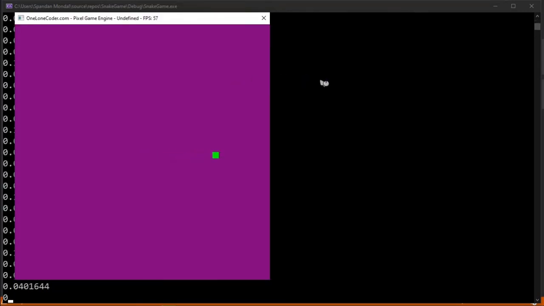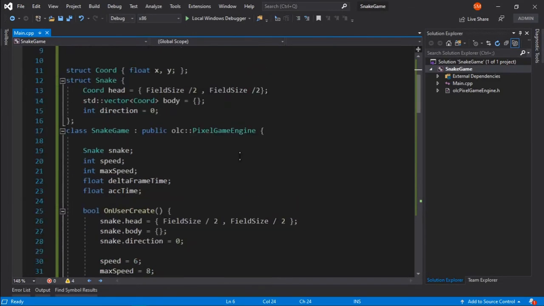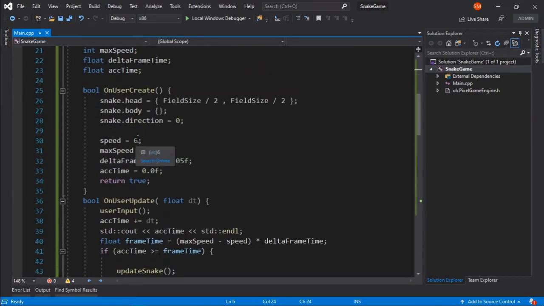And yeah, it's quite good, it's working fine. Currently our snake has a very high speed, so I will lower the speed and set the delta frame time to something like 0.1.